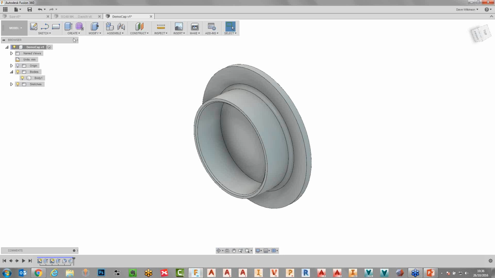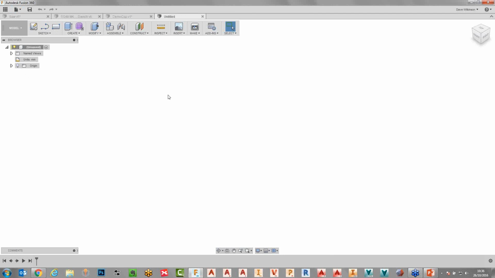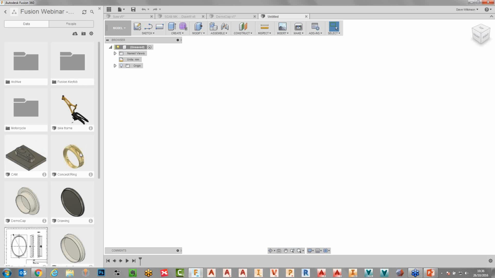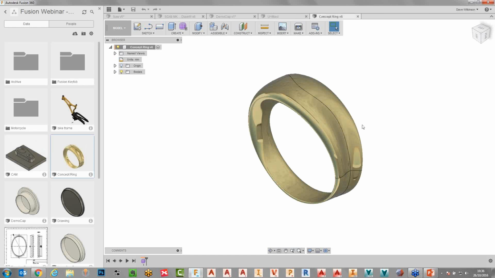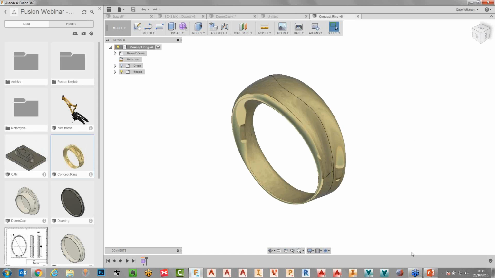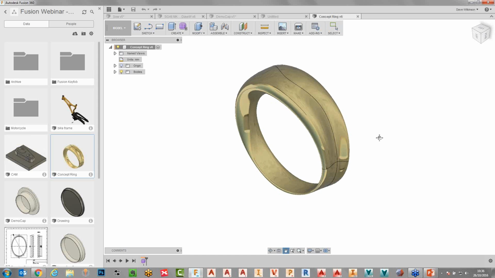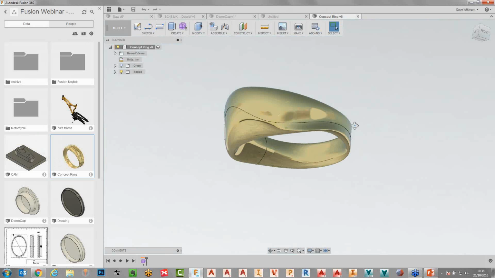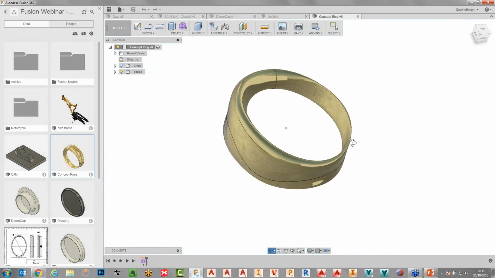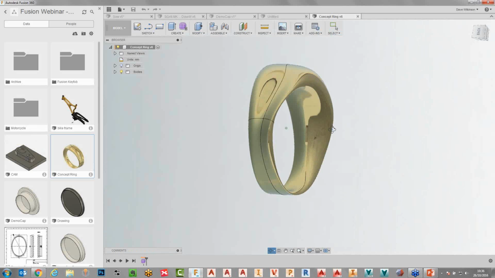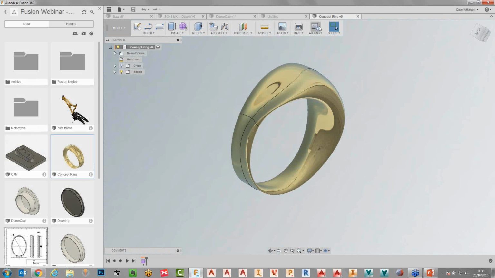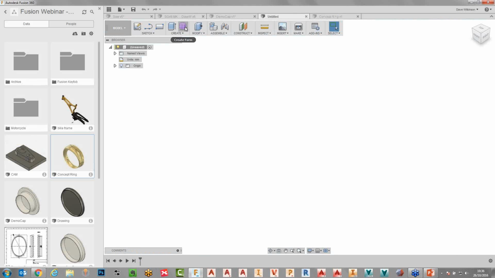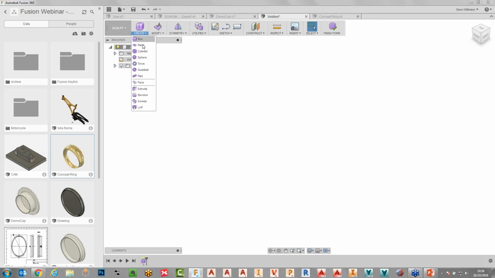However, if I wanted to create a new design, but in this case, rather than choosing something prismatic, I'll just open this example I've got here of a ring, and this is something I did a few days ago. This is basically a ring shape, which is based on a physical ring that I actually have from a few years ago. So to design this traditionally in 3D modeling would be quite a chore. Just to give you some idea of how we can approach something like this, we've also got the ability to